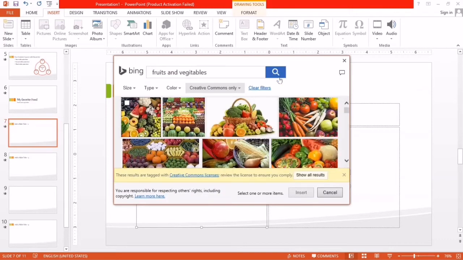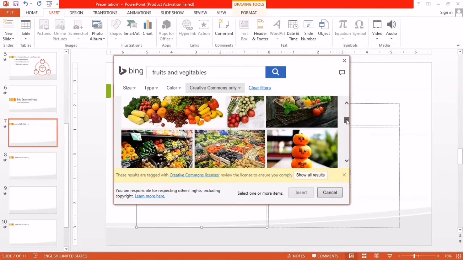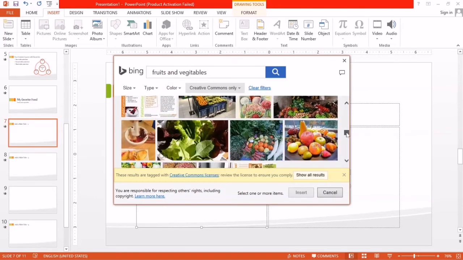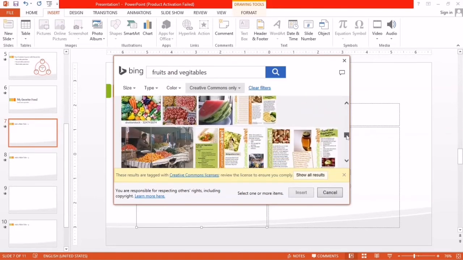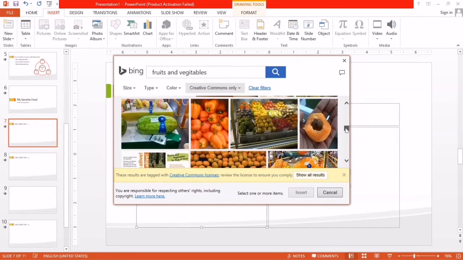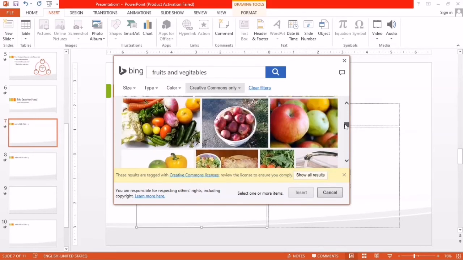So it starts working. Okay, now you can see there are different pictures of fruits and vegetables available. So you can select any of these pictures. You can see there are hundreds of pictures open, and you can select whichever picture you want.